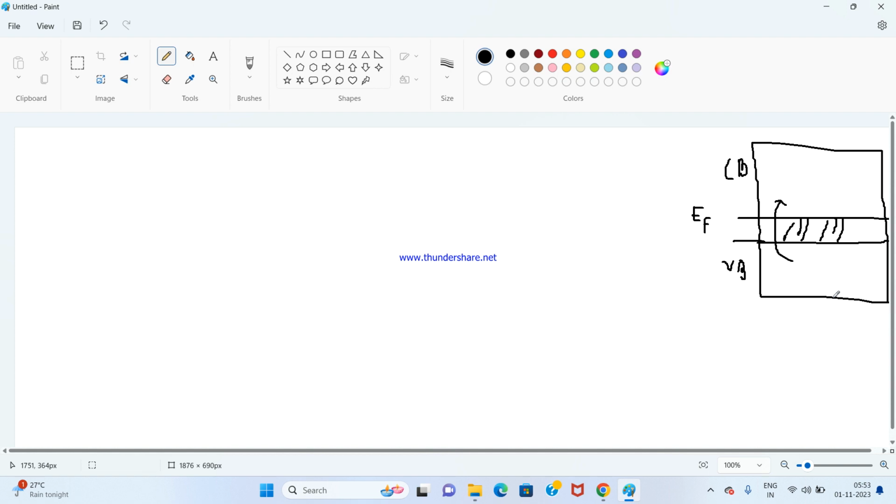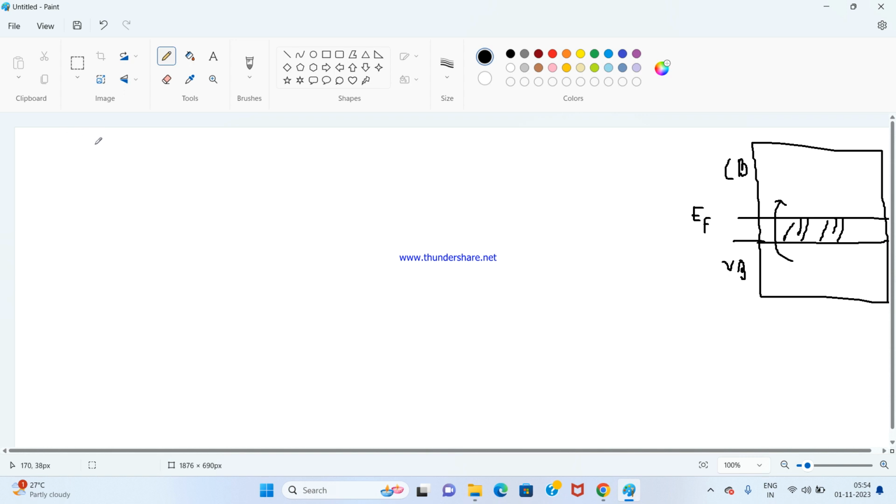How many electrons it will occupy, or we can tell how many electrons will go to the conduction band, this occupancy, this probability distribution function is given by,